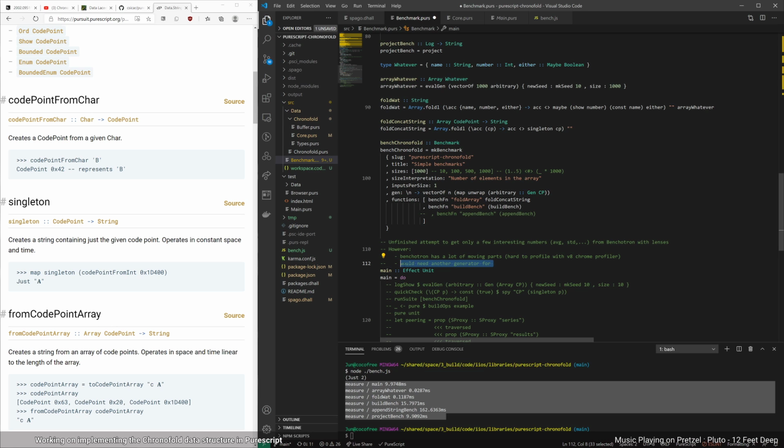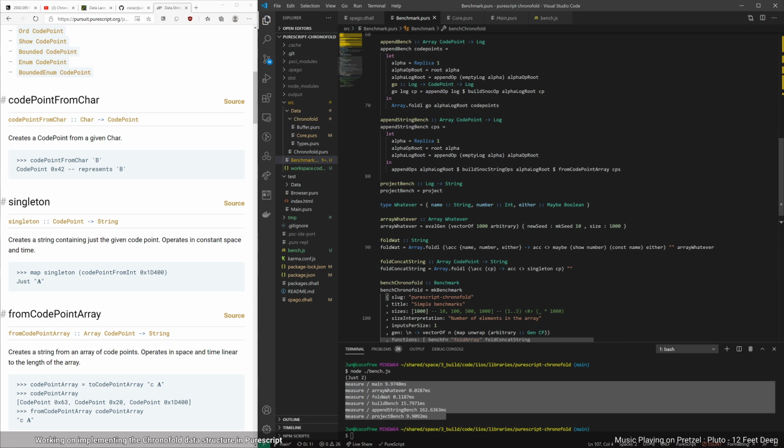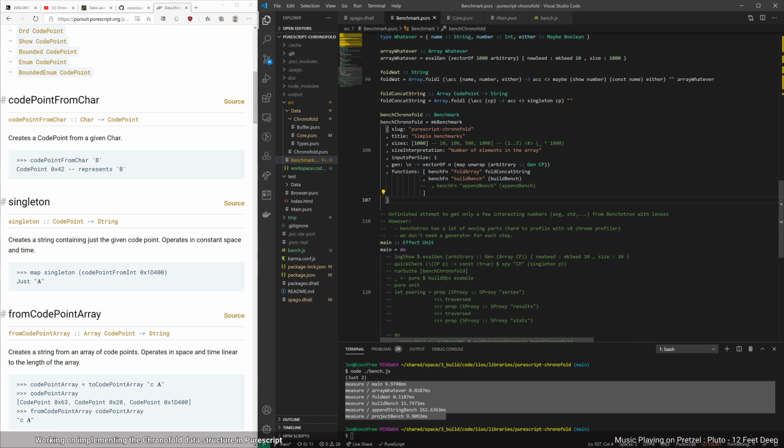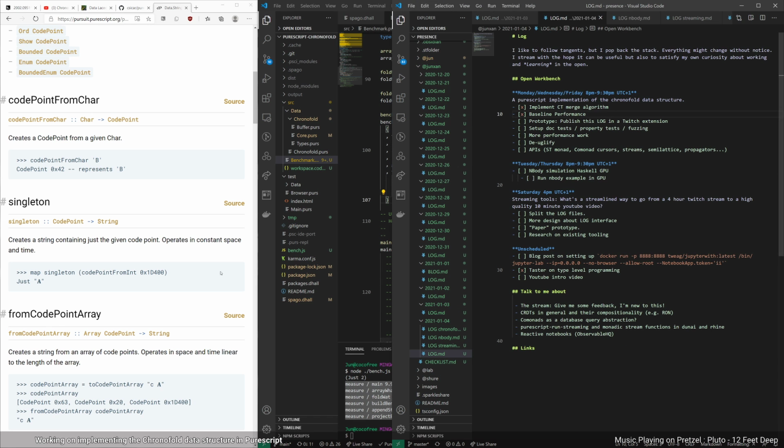So it's even like we don't need a generator for each step, really. Okay, I'll keep it at that, and so we can leave this a little bit aside